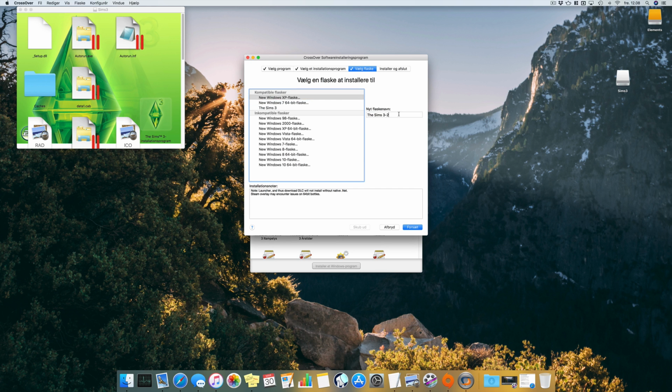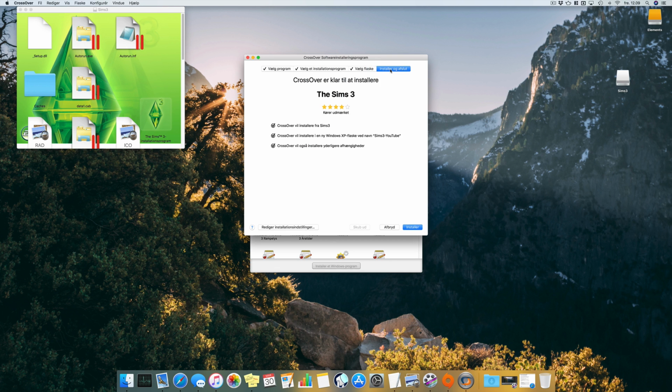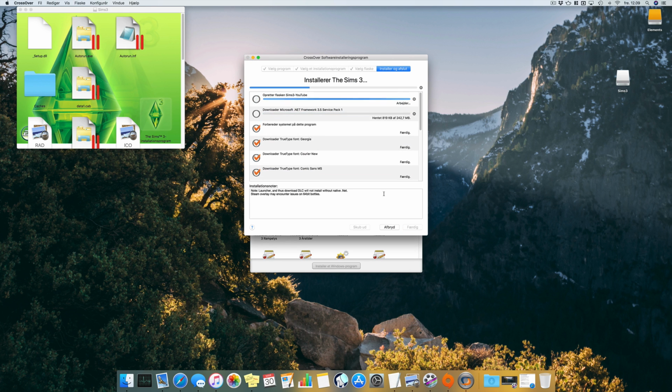And now over here, you're going to have to give it a name. I'm just going to call this Sims 3 YouTube, because I already have The Sims 3 installed. You can see that I have a compatible bottle down here called The Sims 3. That's because it's already installed. And then when we click the final tab up here, Install and Finish, it's going to tell me that it's going to install The Sims 3 in a Windows XP bottle called Sims 3 YouTube, and it's going to install additional dependencies. So now I hit install, and now it's going to start doing a lot of stuff,